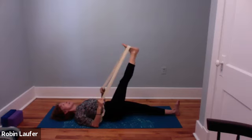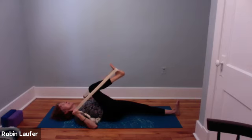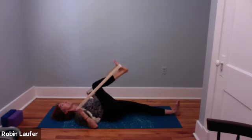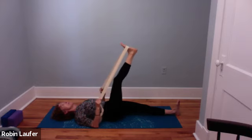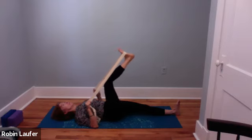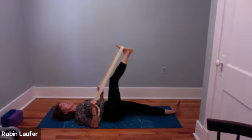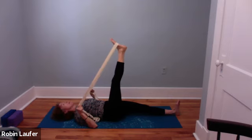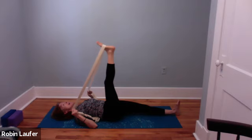So breathe in and out. And in and out. Stretch it in, stretch it out. Pull it in, pull it out. We'll do 3 more times. Good. And now take the tie, point your toe, make sure you have room around you, and just make teeny